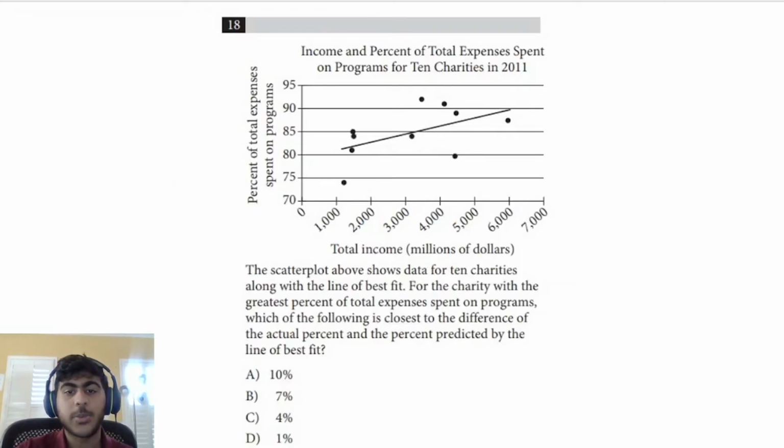Question number 18, we're given a graph that says income and percent of total expenses spent on programs for 10 charities in 2011. On the y-axis, we're given the percent of total expenses spent for those programs, and on the x-axis, we're given the total income. We're told that the scatter plot above shows data for 10 charities, along with the line of best fit. For the charity with the greatest percent of total expenses spent on programs, which of the following is closest to the difference between the actual percent and the percent predicted by the line of best fit? Well,